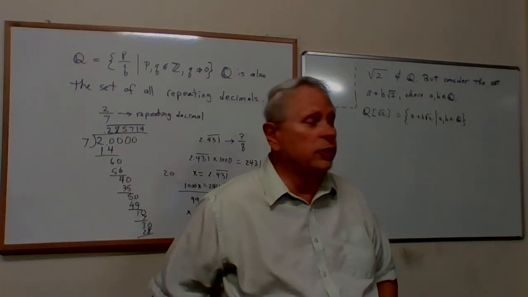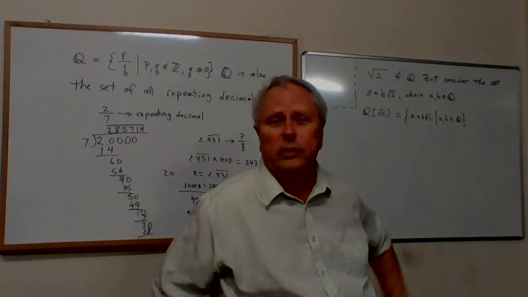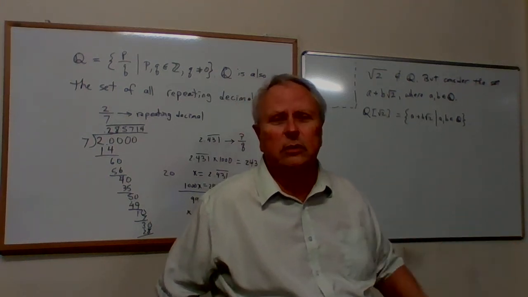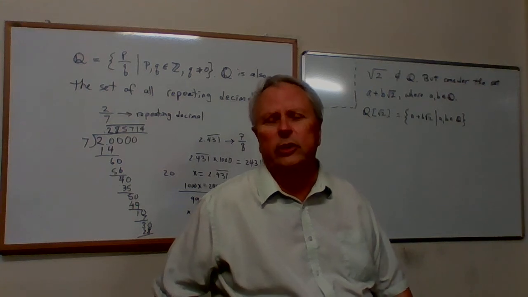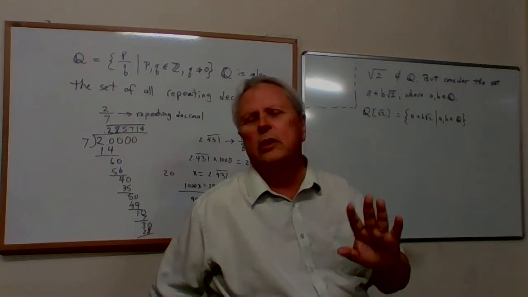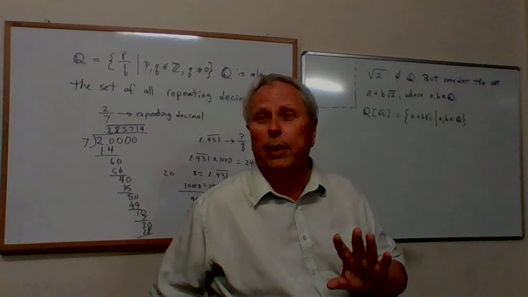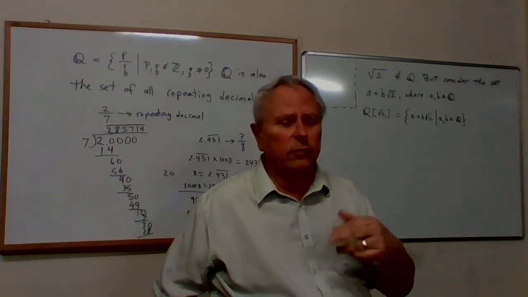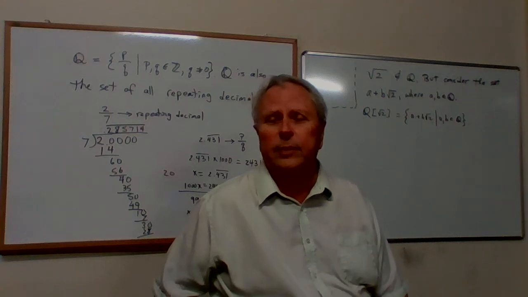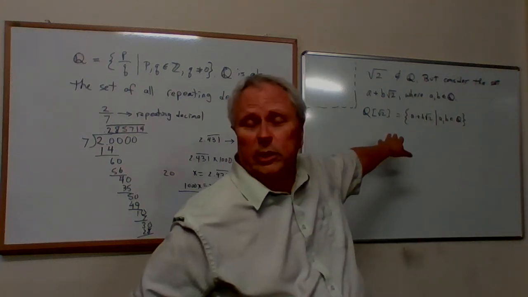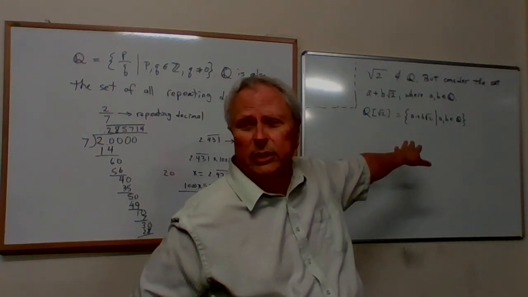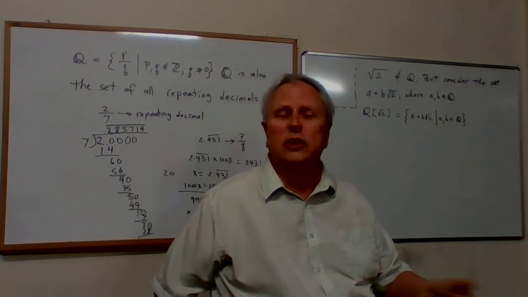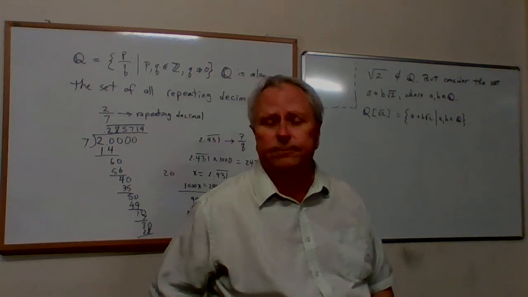But it turns out that if you have a set where you're adjoining to Q the solution to a polynomial equation of some finite degree, like x squared minus 2 equals 0, solution being plus and minus the square root of 2, well, you still get the same size of infinity. Now,